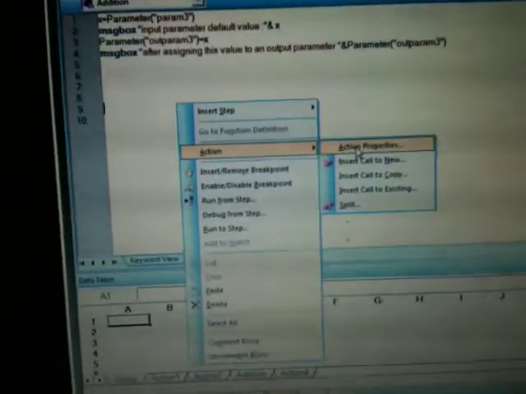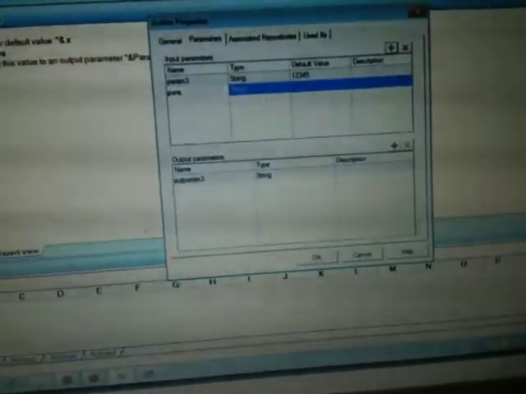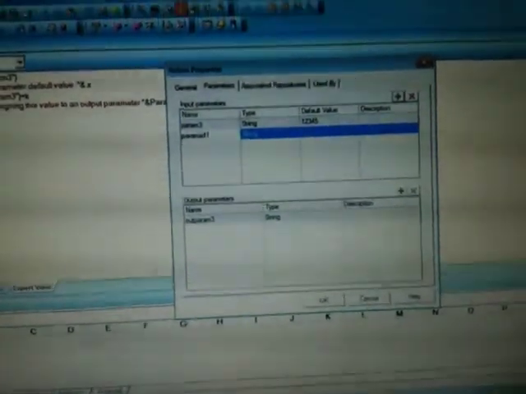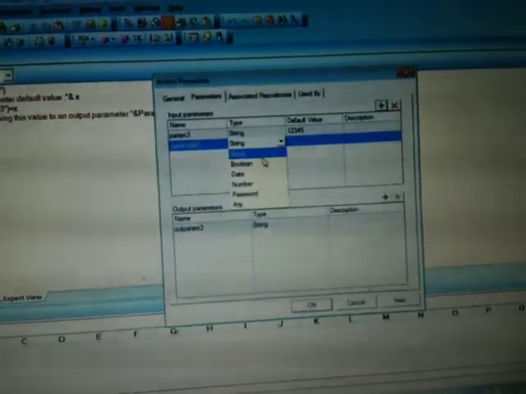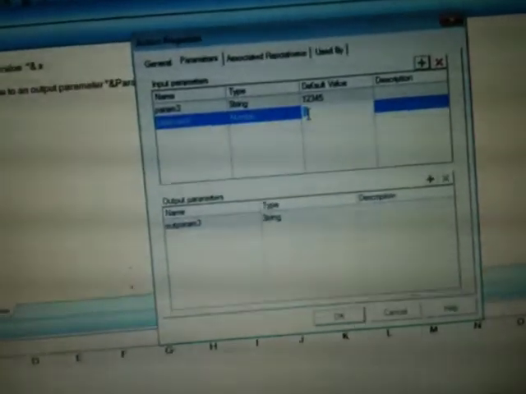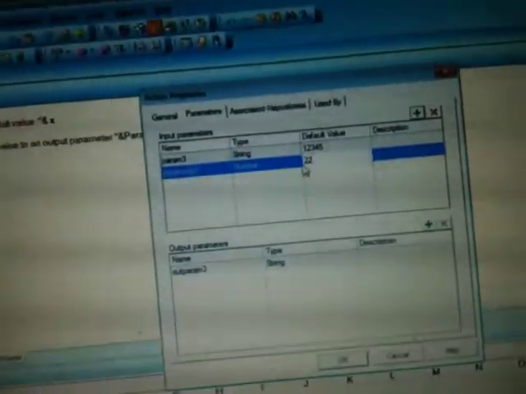Here what I am trying to do is, I create 2 actions, in the action properties I am creating 2 input parameters. The second input parameter is param add 1. So this is my first number. I'll put it as a number. So what is the default value? The default value is nothing, so by default it will assume 0. So for example, let me pass it as 22 default value.